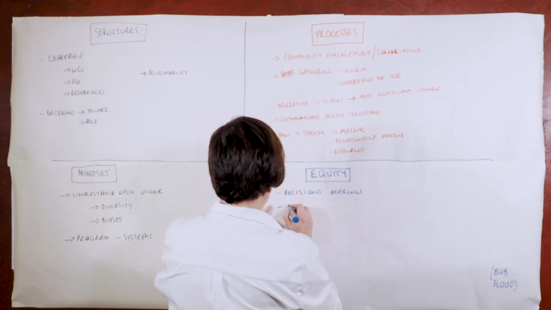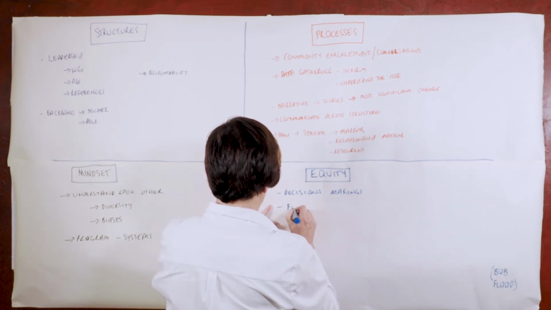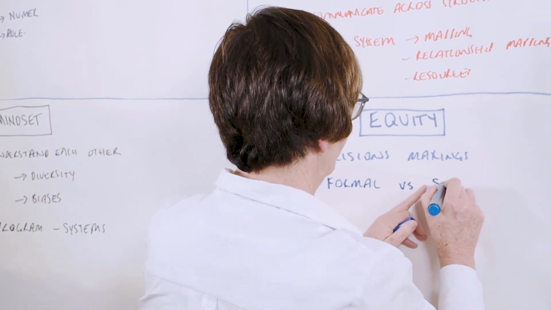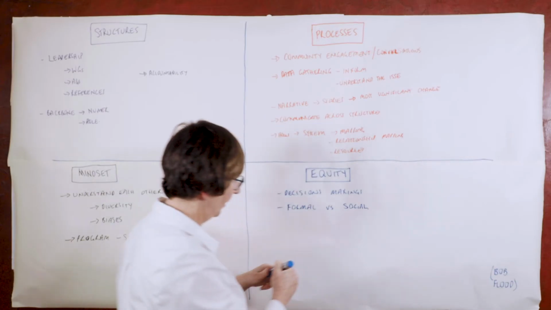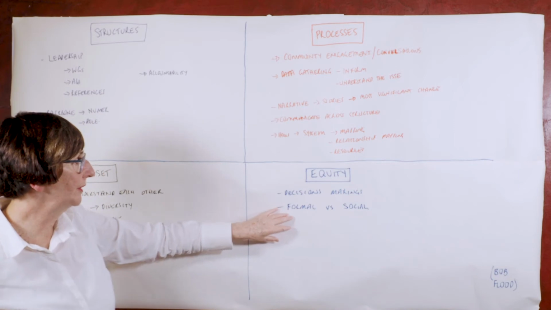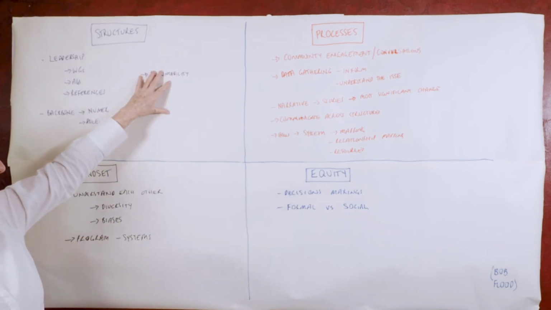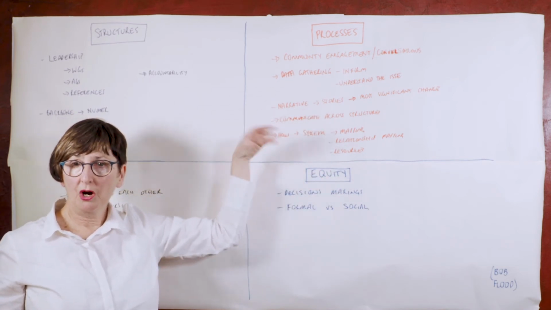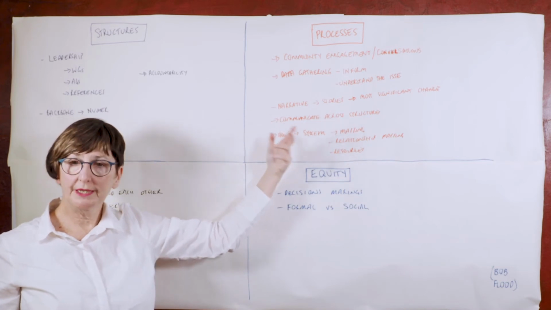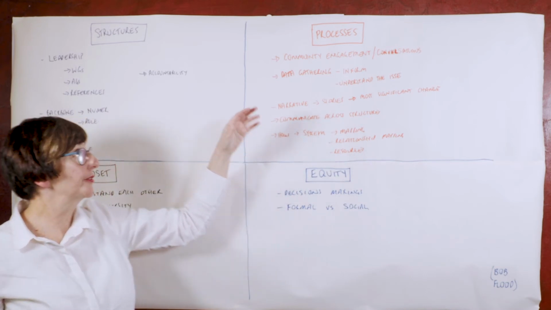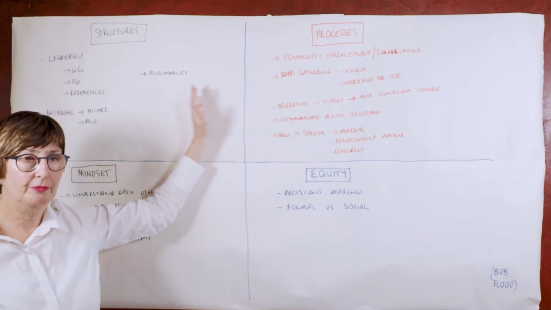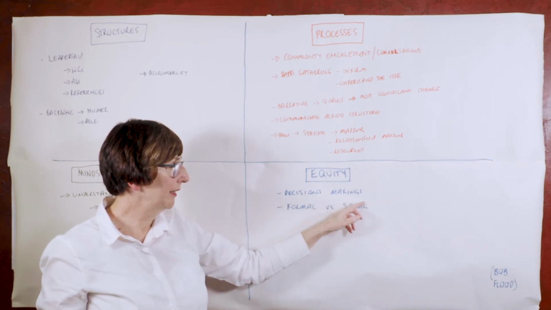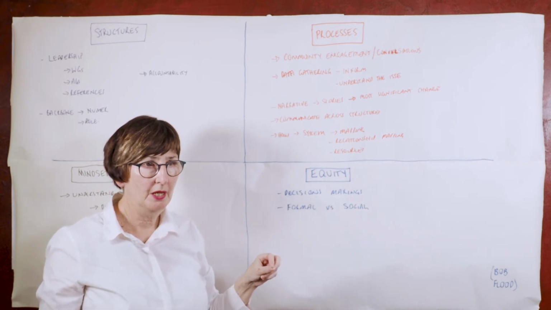And the other thing that plays out a lot in the equity piece that I notice is both formal versus social power. And you see this a lot. So people often come to this work and they see these are the structures we have to do, these are the processes we have to do, and they come in their job. I'm here and I'm doing this job and I am the CEO of this particular organisation, so therefore I should be the boss of this, etc. And often we don't pay enough attention to the social power that people bring.